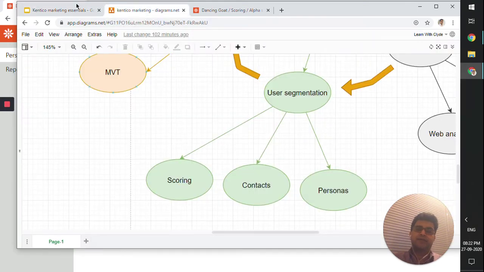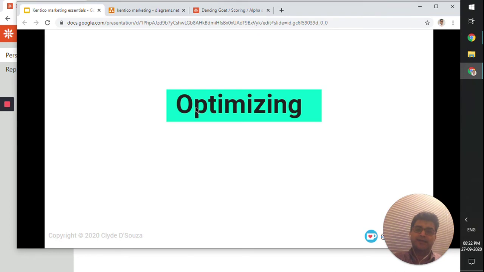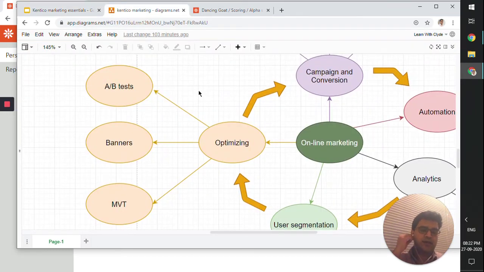Next up we have optimizing. Under optimizing, we have three sections. We have A/B tests, banners, and MVT. Now all of the three follow the same principle. You want to present different users with different content or different variants of the same content, and see which is most successful. And what I mean by that is, let's say you have 2 variants of a form, or